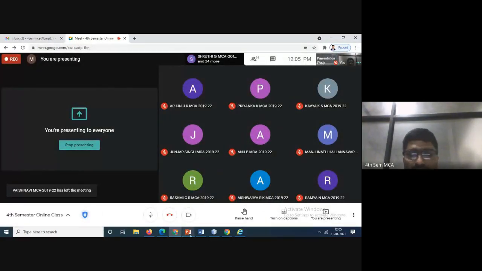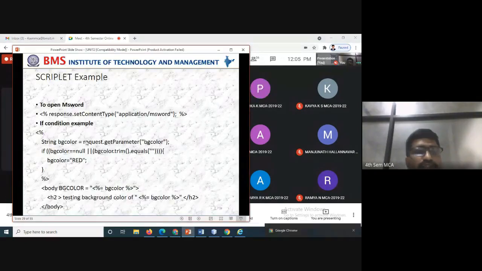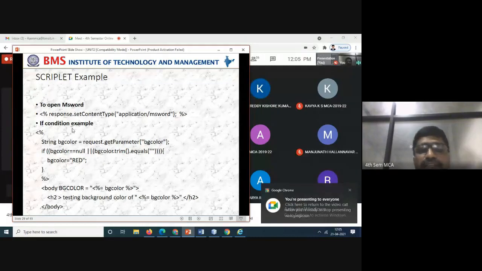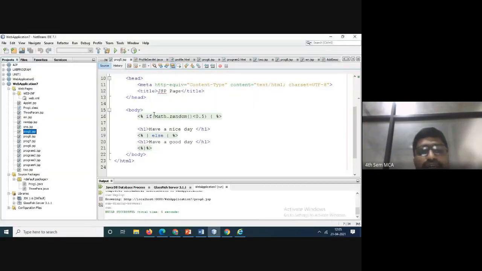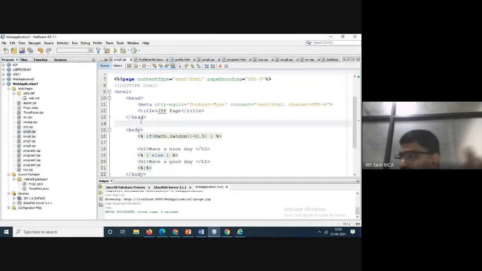Right. So now see here some of the examples, PPTs go for here. What I have told is in the examination you need to write this also. So what is that? It is nothing but code, go here and come back to the head, and head is nothing but here.